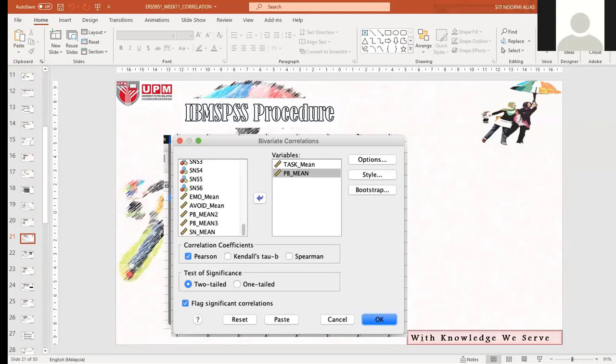I will give you some time to compute the task mean. You can refer to the first assignment regarding which items refer to task-oriented coping, because in this example I will use task-oriented coping.